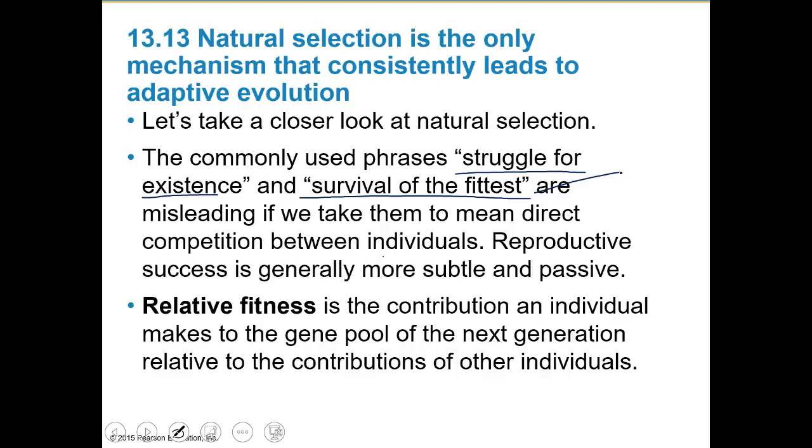Reproductive success is generally more subtle and passive. It's not nearly as aggressive as the Hunger Games. You're not murdering each other over getting a bow and arrow so you can murder other people and survive. It's not that intense. Okay, so relative fitness is the contribution an individual makes to the gene pool of the